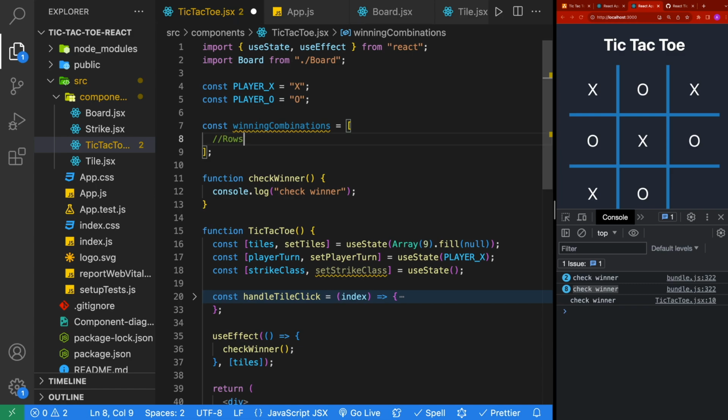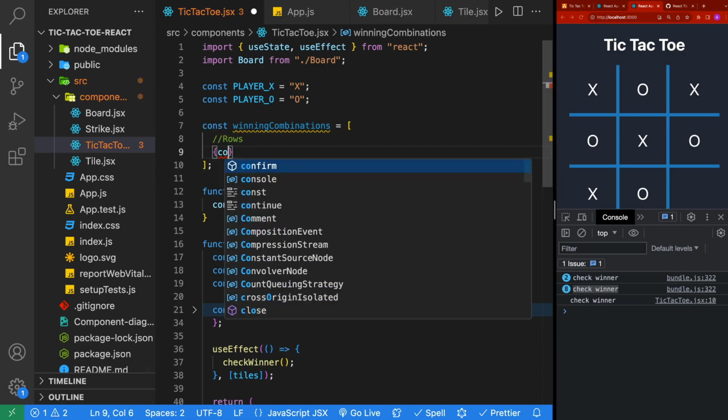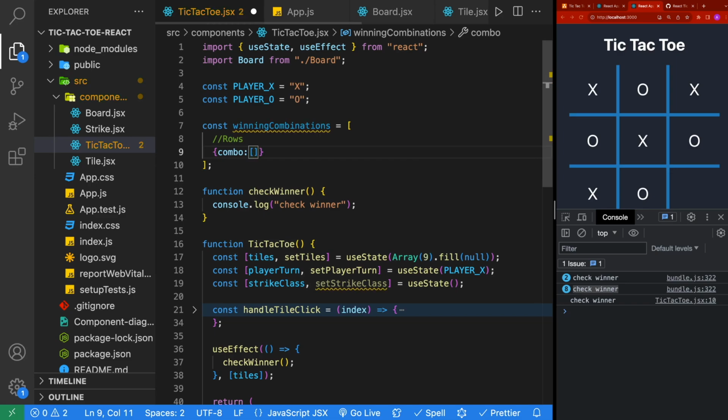Let's start by defining our rows. The first object is going to have a combo, and that's going to be an array. Now this array is going to be the index of the 3 tiles that we should check for a winning combination. For the first row, the very first tile is at position 0, the second tile is at position 1, and the third tile is at position 2. So all we have to do is fill in our array with 0, 1, and 2. And then if that is the winning combination, we're going to have a strike class value, and that's going to be equal to strike